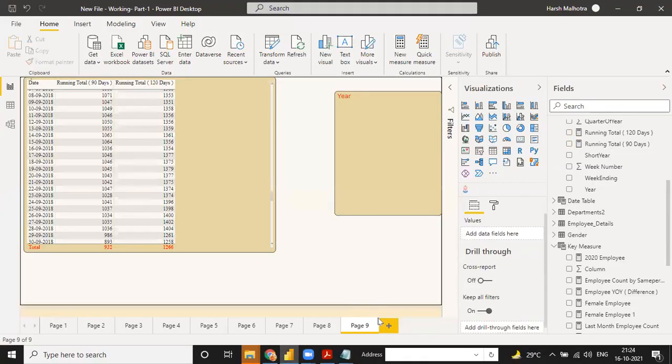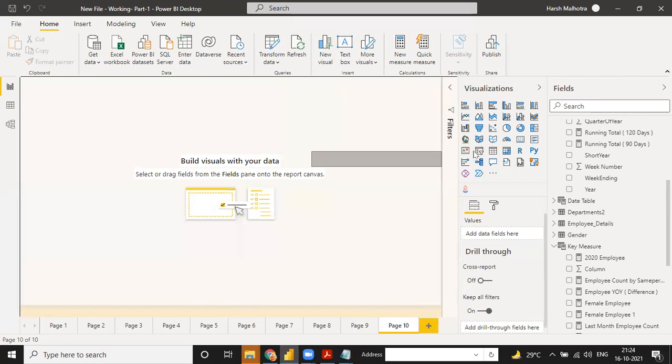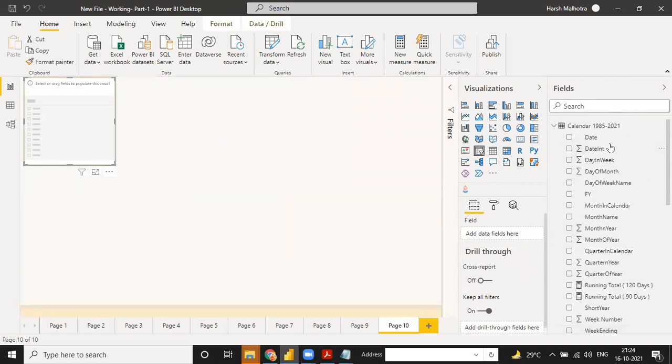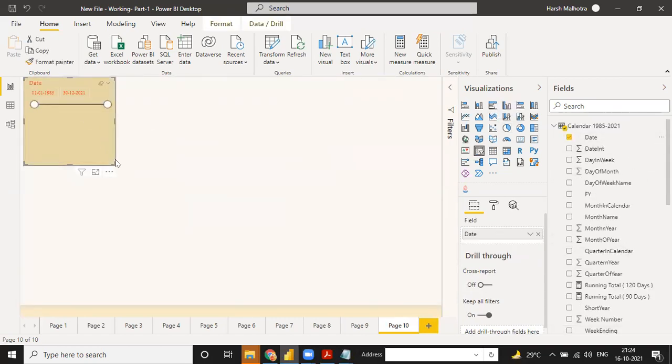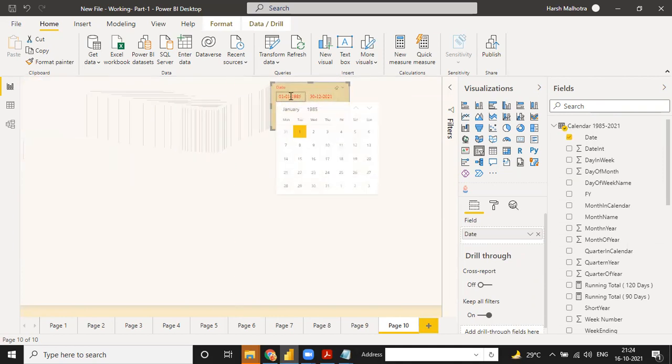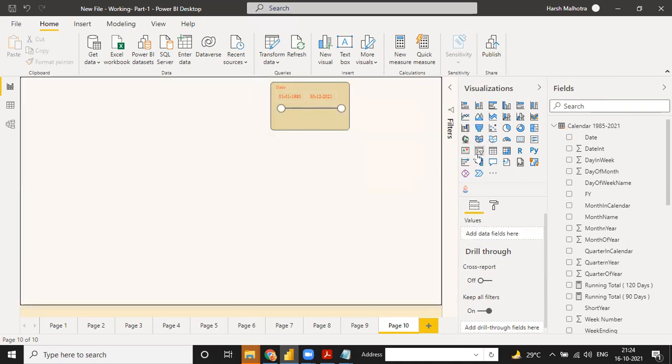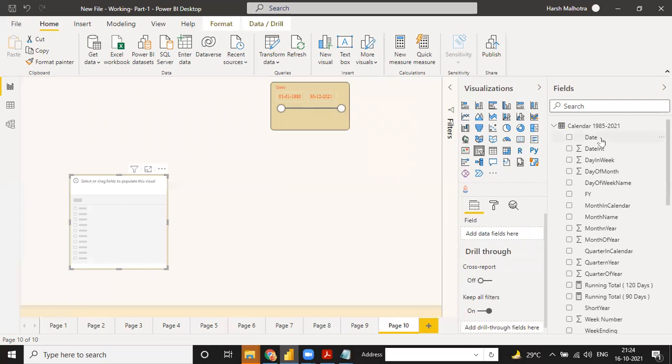Let me show you. See, in this calendar format, when I go to this filter, you can just select your date. See, in this way, this is your calendar format. Just make a simple slicer. You want to add the complete date.